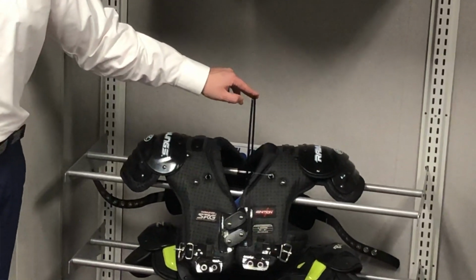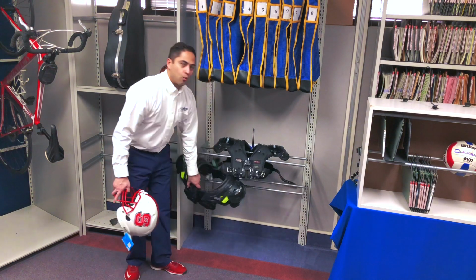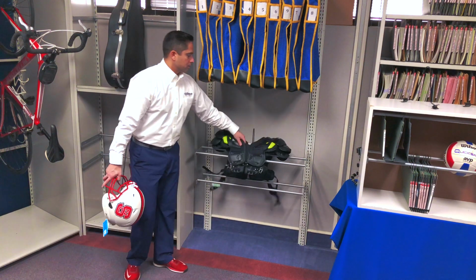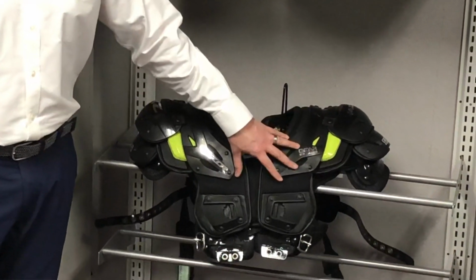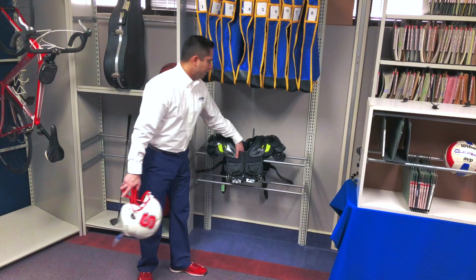That side stop can also serve as our second option of storing shoulder pads, and that's instead of one per assembly, two per assembly. This keeps the shoulder pads from sliding off on the top. But then there's a third one, and that third one